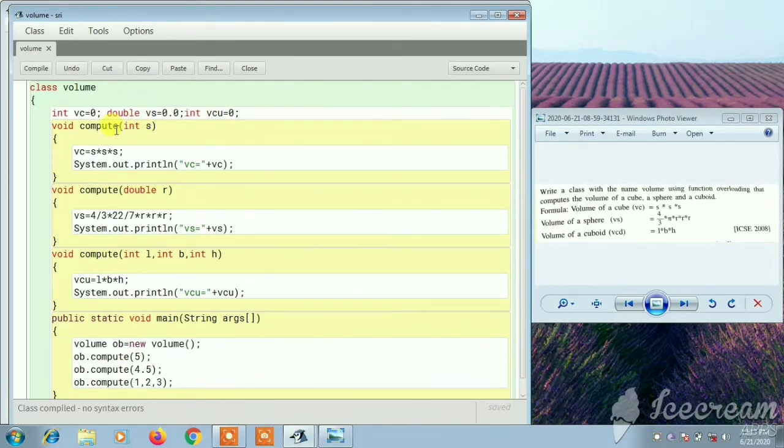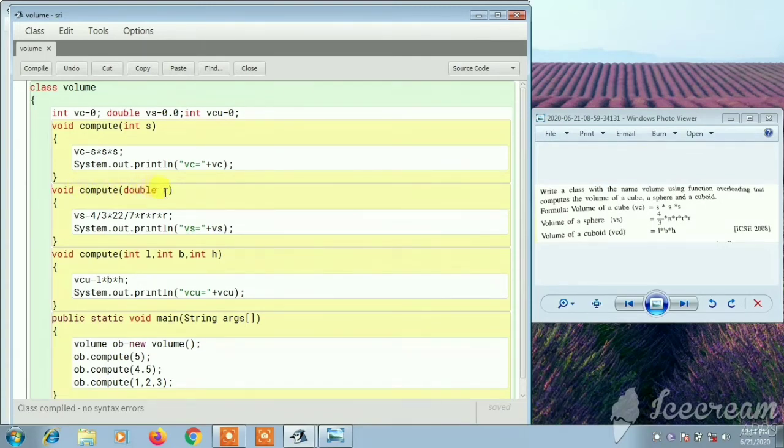Now I declared the first method. The method name is compute. The formula for volume of cube is S cube, so I need only one variable S. So I declared an argument int S. I am doing the calculation in this place: VC is equal to S into S into S. Now I am printing the volume of cube, and the next method has the same name compute.